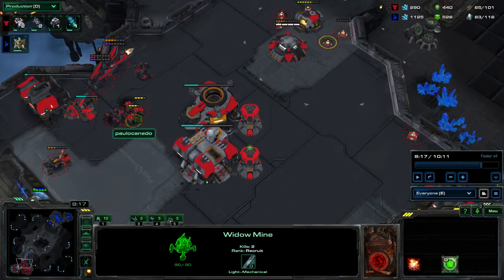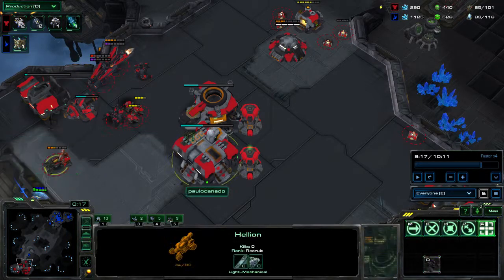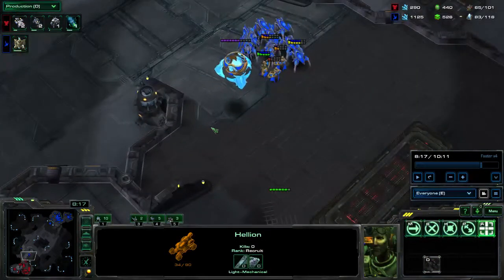But again, it's like a micro play. You need to micro your ball well to trade against these Terran packs of units. And that's such a good thing. It allows for a lot more aggressive play on the map. And this two base